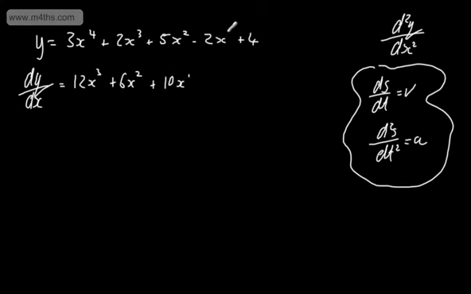Okay, now at this stage we've got a little 1 here. So I'm going to have minus 2, so I multiply down by the power, and I'm going to drop the power by 1. If we consider now a couple of different ways to think about this, this is x to the 0. So if this is a polynomial, we've got now our descending powers of x. As soon as I multiply down by the 0, I'm going to end up with 0. So if we just tidy this up, we've got 12x cubed plus 6x squared plus 10x minus 2,